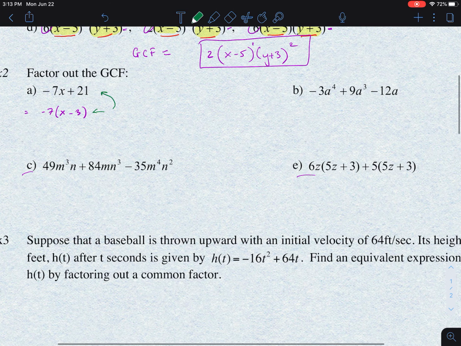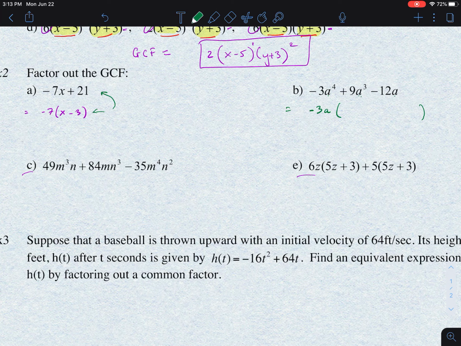Okay. Over here, we know that 3, 9, and 12 have a greatest common factor of 3, but since the leading term has a negative, we're going to factor out negative 3. And then all three terms have an a as well, so we're going to take out a. So if we take out a negative 3a,